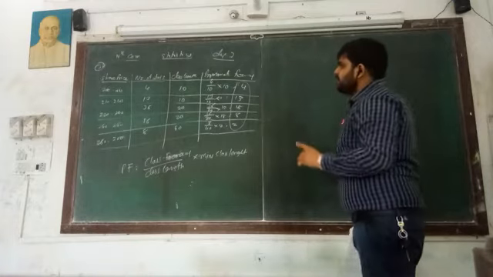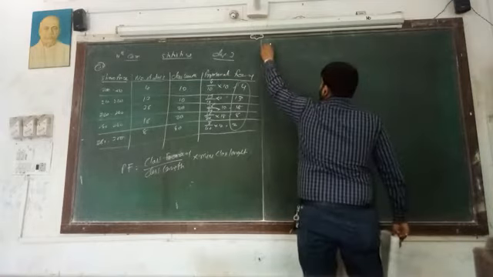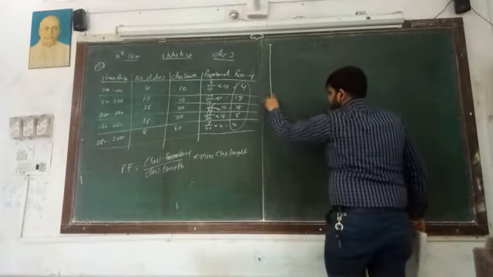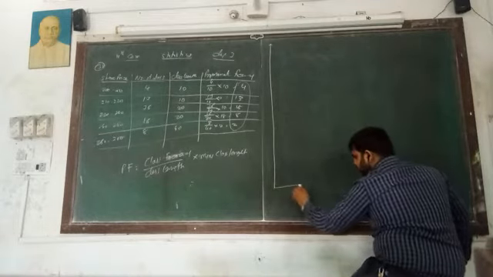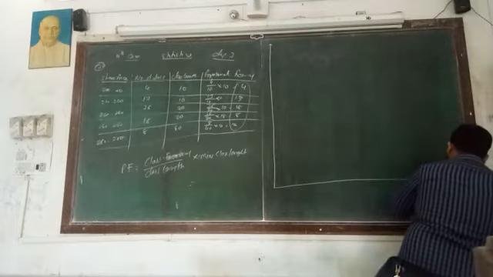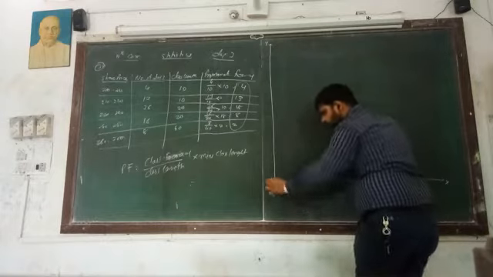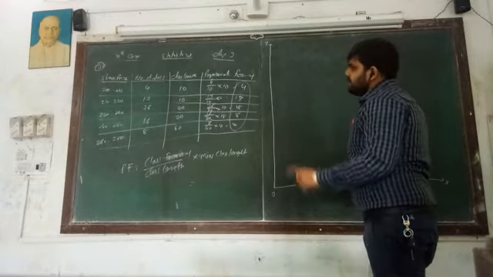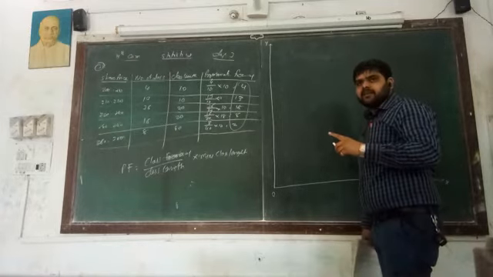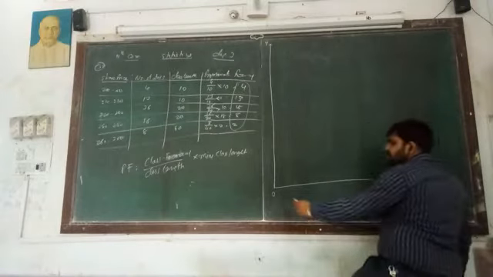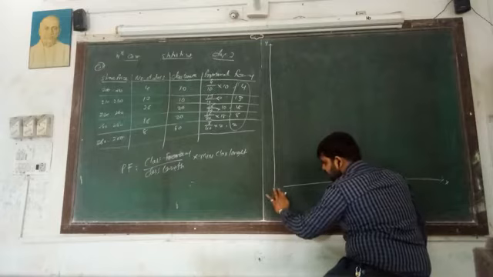So we have to take share price and proportionate frequency. As usual, we draw the x-axis and y-axis. This is the y-axis, then the x-axis, and here the origin 0. Share price starts from 200. It is not possible to go from 0 to 200 directly, so here we have to put a zigzag sign.